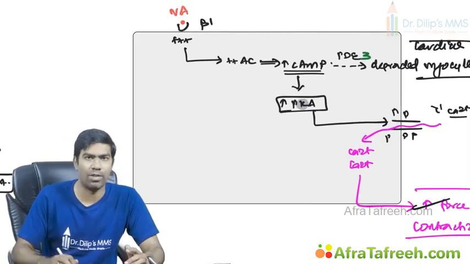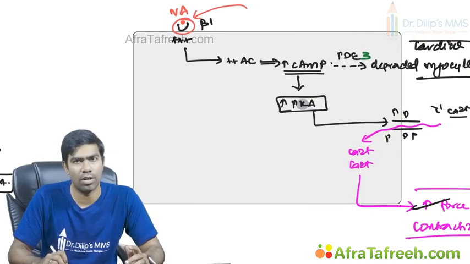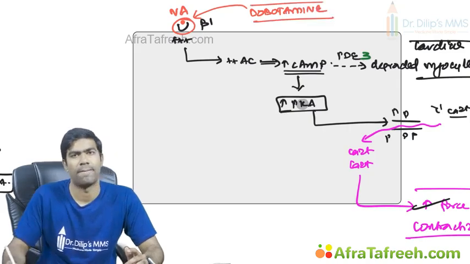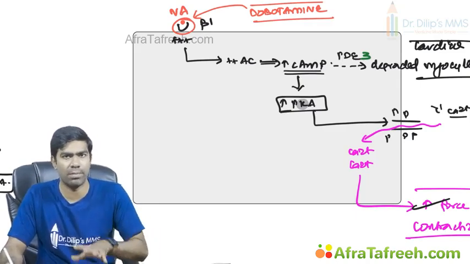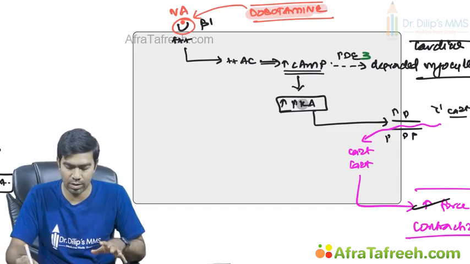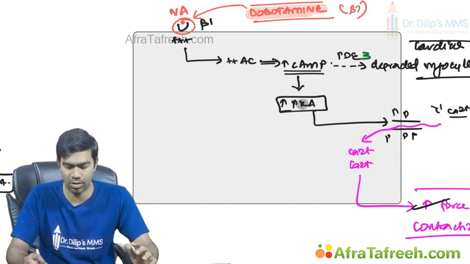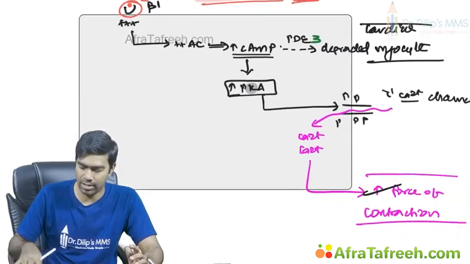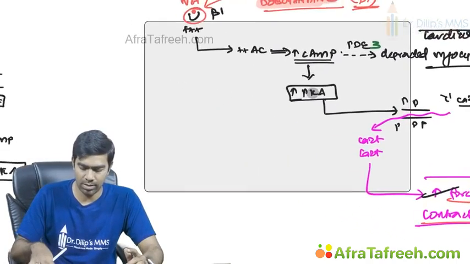First, you have noradrenaline. You can simulate some substance similar to that of noradrenaline, for example, dobutamine. Dobutamine, remember, it's a synthetic amine. Clear? It's not naturally existing, it's a man-made one. Dobutamine is going to act on the beta 1 receptor with or without beta 2 receptor, that I will discuss later on. But primary action is on the beta 1, so that they can increase the force of contraction, the inotropic potential of the heart.